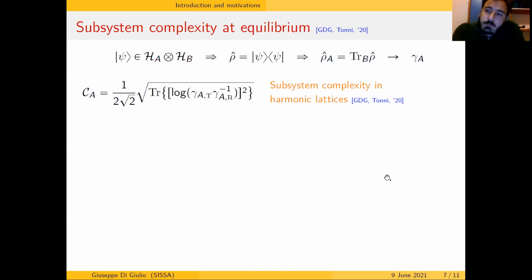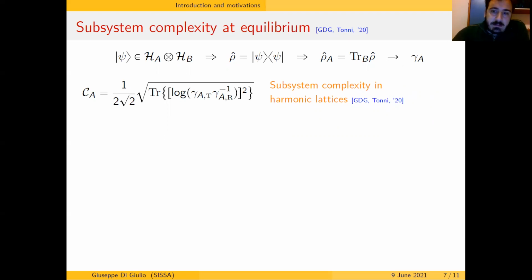Once we deal with mixed states, a possible application is the computation of subsystem complexity, which is defined as follows. Consider a pure quantum state defined on a bipartite Hilbert space where H_A contains the degrees of freedom of a spatial region A. Then the reduced density matrix ρ_A can be computed, and if the state ρ is Gaussian, then also ρ_A is Gaussian, and then it is uniquely determined by a covariance matrix, which is called the reduced covariance matrix. So the subsystem complexity is simply the Fisher-Rao complexity between two reduced covariance